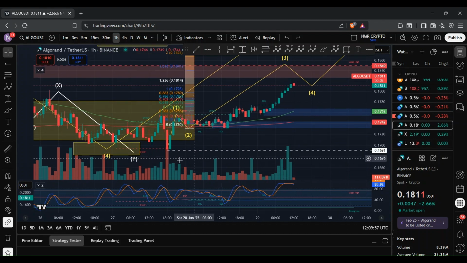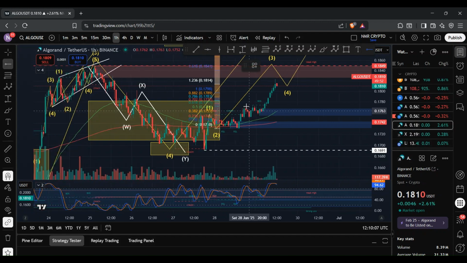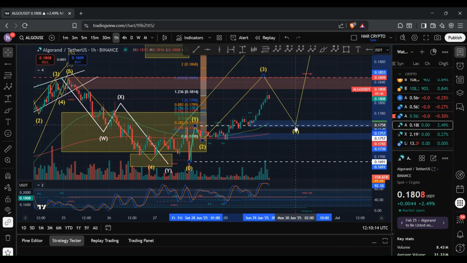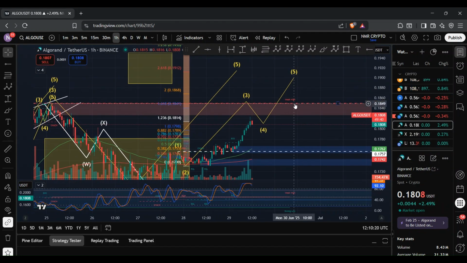And so it is possible that this is a WXY structure where that Y wave ended up extending beyond the typical requirements, and then we could have that retracement to the downside. And in order for us to have a 5-wave move, what we need is for ALGO to not breach past this level at 17.57 cents. The reason being is that you can't have the wave 4 cross the wave 1 or the wave 2 origin. And so yeah, this is the next move that I'm looking at for right now, for us to essentially break this level at 18.49 cents and then see that continuation to the upside where we then tap into